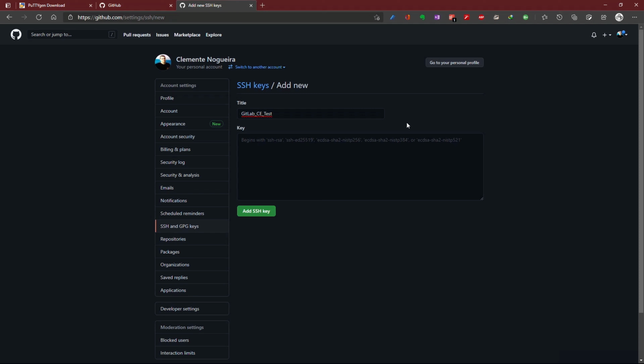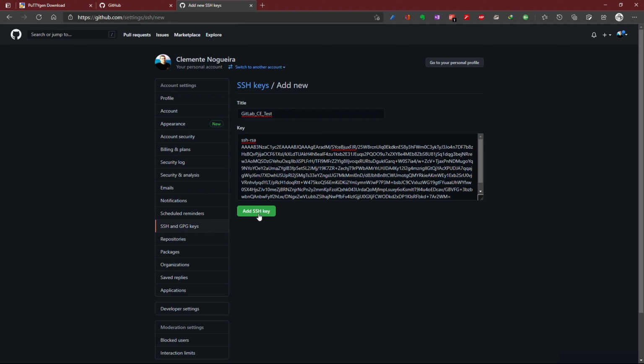And then we copy the SSH public key and save it.